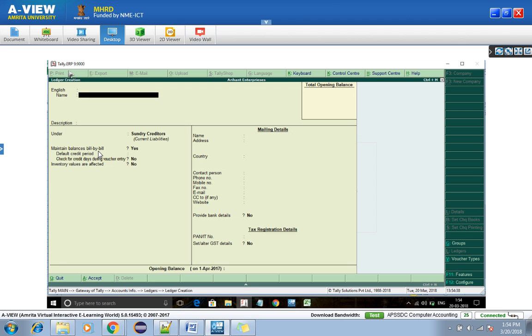Now we need our buyer also. Assume one company has asked us to sell 10 coolers to them. Then I will select the party also. So who is our customer? As we are naming one organization, I will write the name as